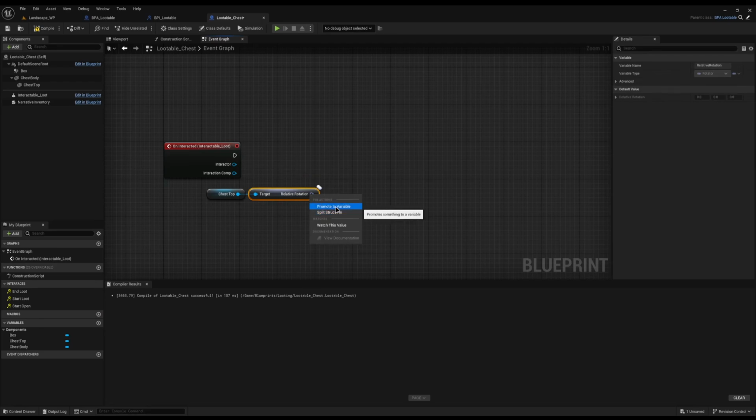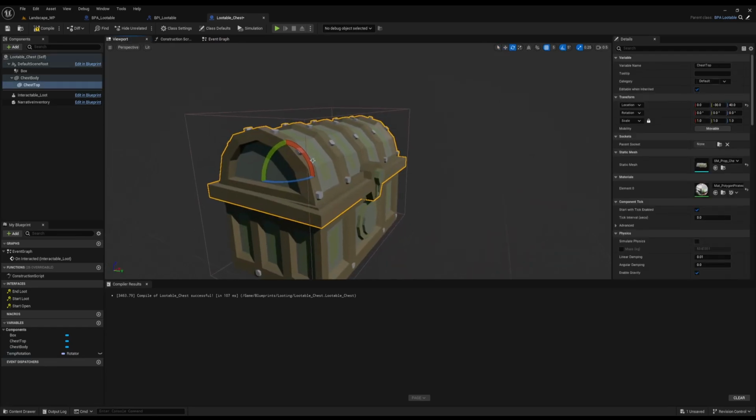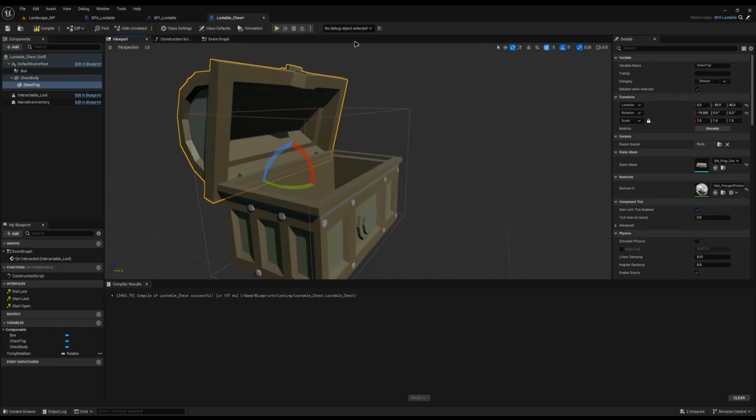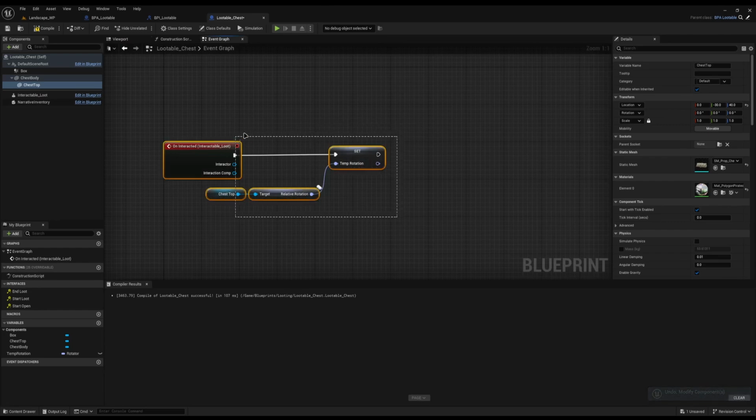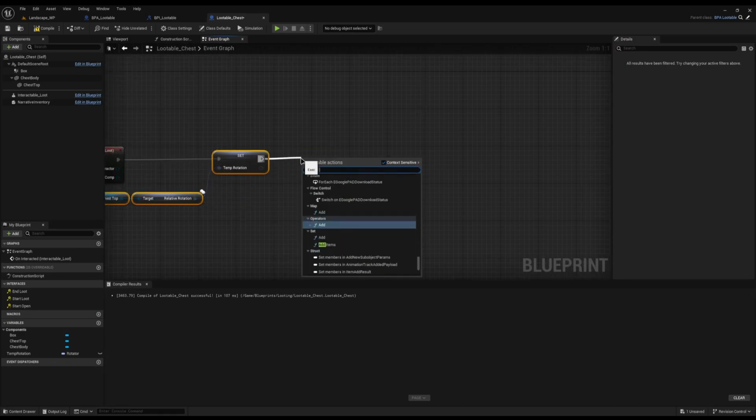go and promote it to a variable, and I'll call this temp rotation, and this is going to be the current rotation of the lid here, because we're going to basically rotate it upwards and then play a sound. That's all I'm going to do for mine. So by storing the temp rotation here, it means we can now use a timeline to lerp between closed and open state. So after this, I'm going to drag off and I'm going to do add timeline, and I'm going